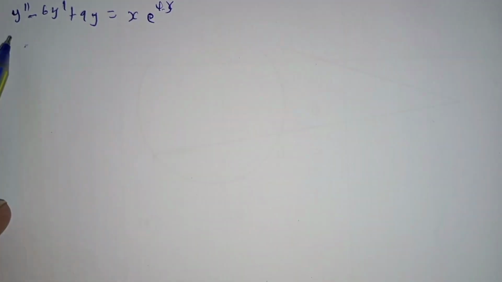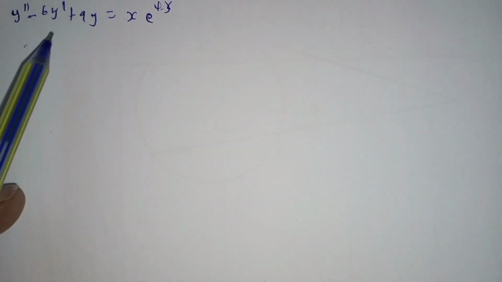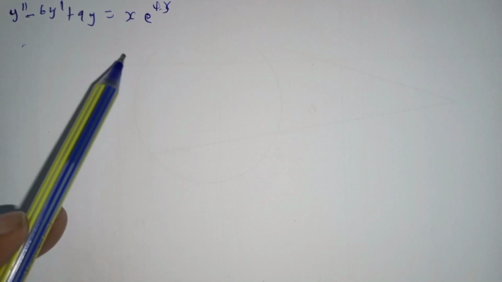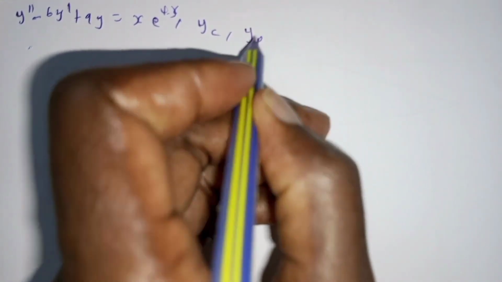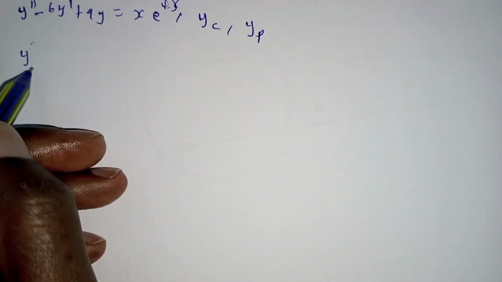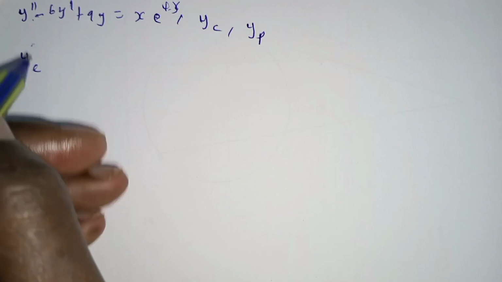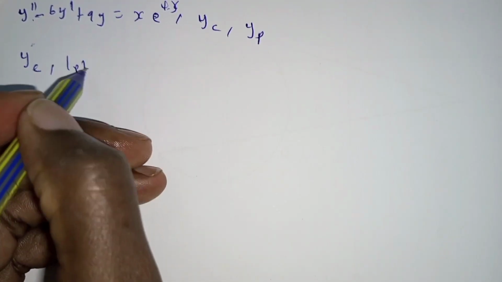You are given y double prime minus 6y prime plus 9y is equal to x exponential 4x, which has two parts. It has the y complementary and the y particular. So we begin by the y complementary, whereby this one we are going to solve it by letting